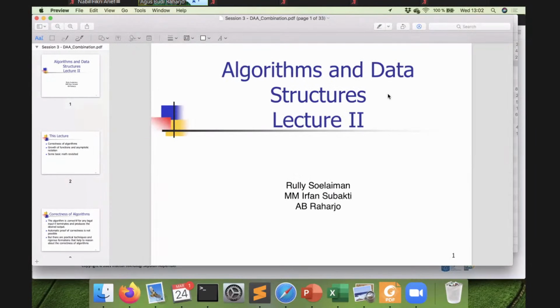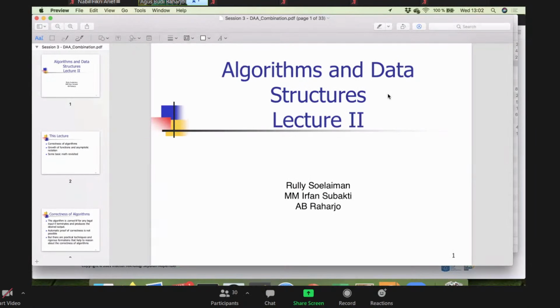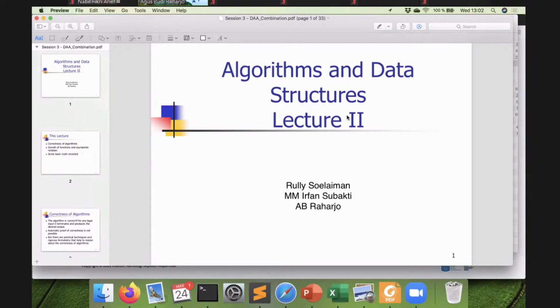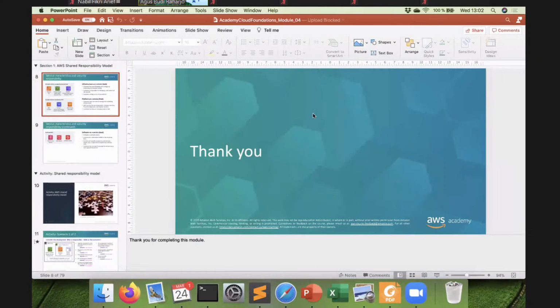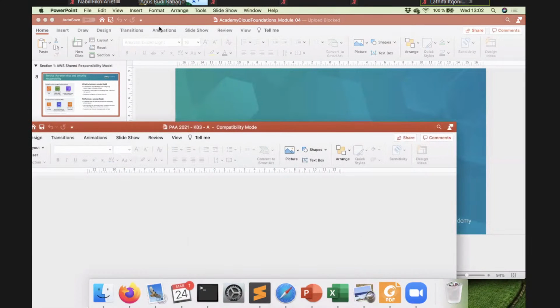So today we will have a continuation of our course in design and analysis of algorithms. And the course has actually been prepared by Mr. Ruli Sulaiman for the A and B class. This one,